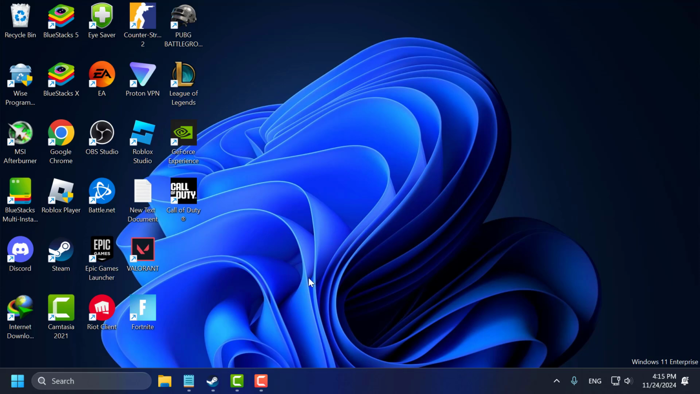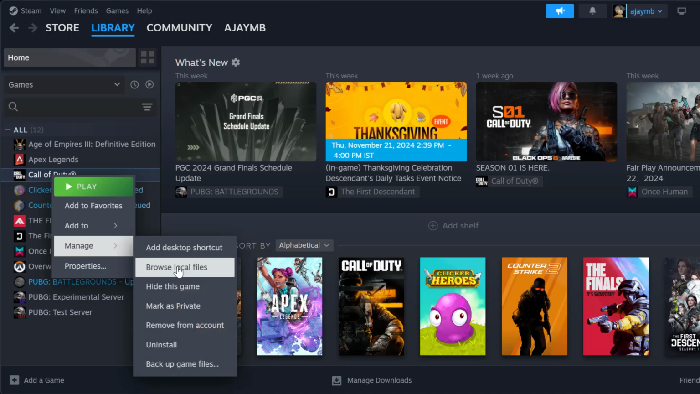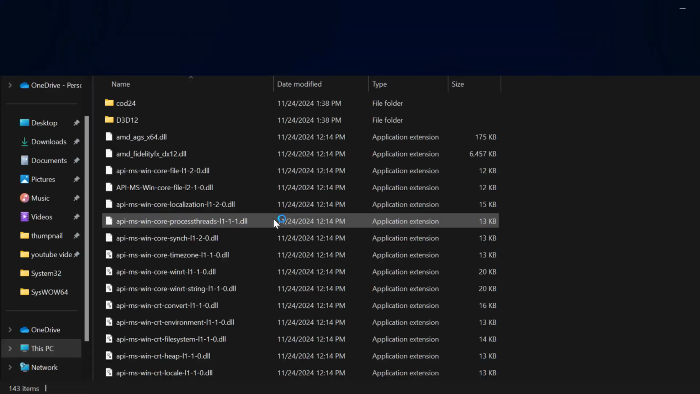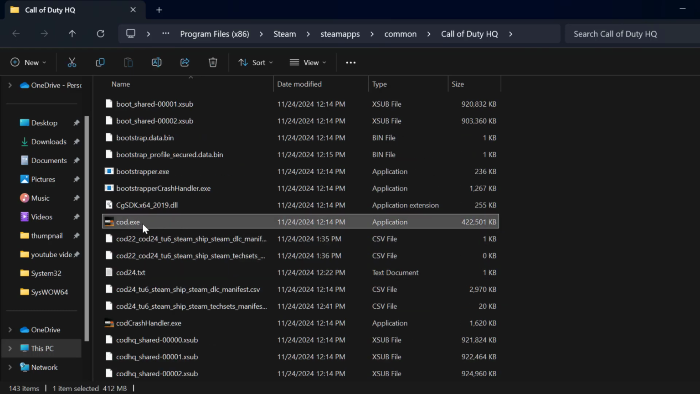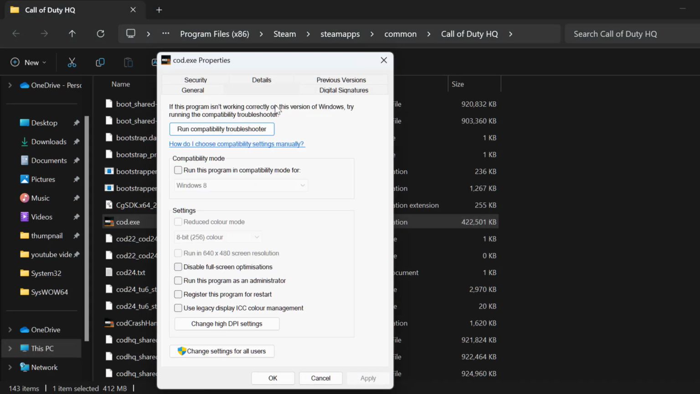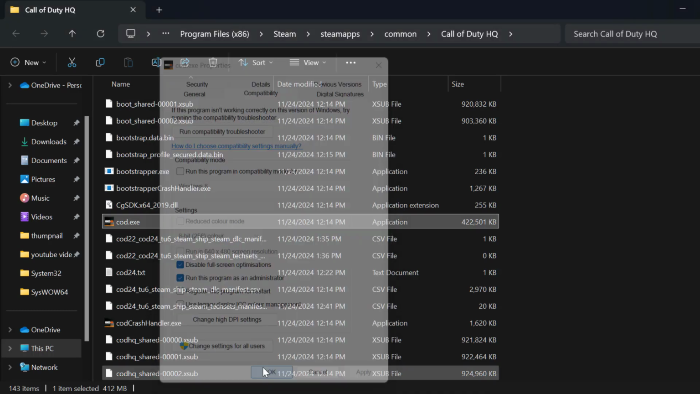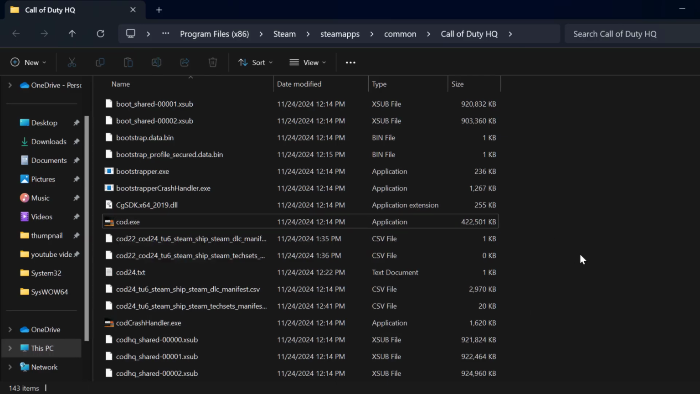Fifth step, you just need to run as administrator. To do this, open up Steam, right click on the Call of Duty and select manage and select browse local files. In here, you just need to scroll down. You can see the Call of Duty.exe file over here. Just right click on it and select properties. Select compatibility tab and check mark run this program as an administrator and select disable full screen optimizations and select apply and OK to save changes. Now you can try launching the game in here just by double clicking on it and check if the problem